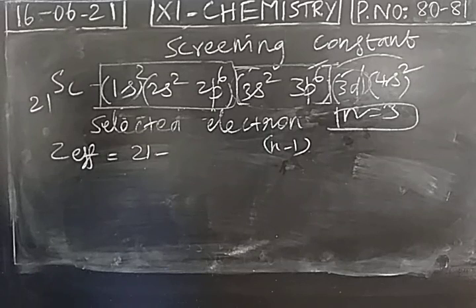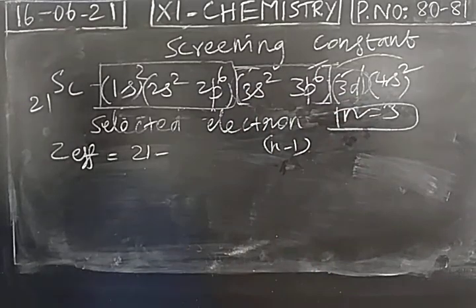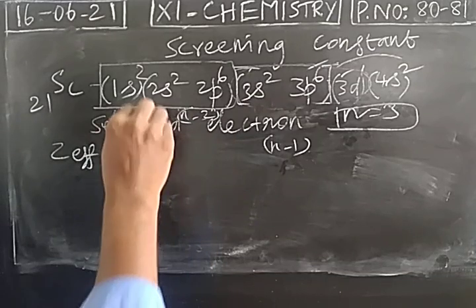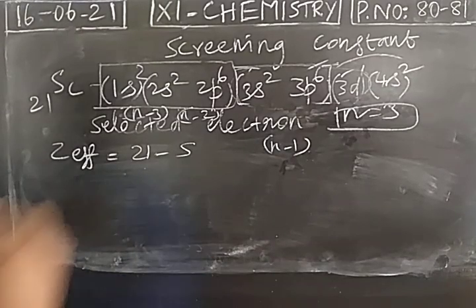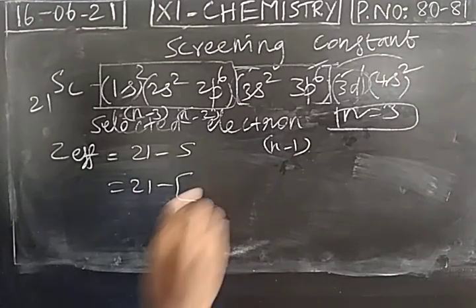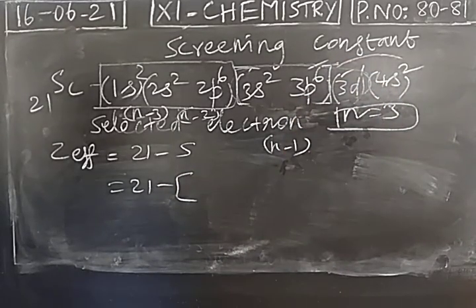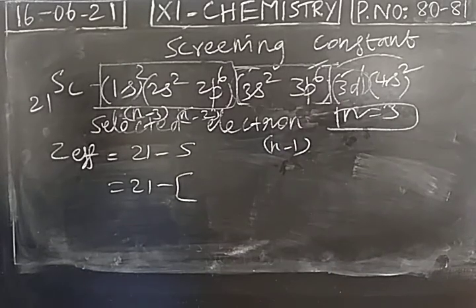Okay. So this is the point you have to remember. This is not the same nth cell. This is in the n minus 1 cell, n minus 2, this is n minus 3. First cell is considered as n minus 3 cell. So 21 minus, in the nth cell, we don't have other electrons, right? We have only one electron in the 3d orbital. We don't have other electrons for shielding effect.